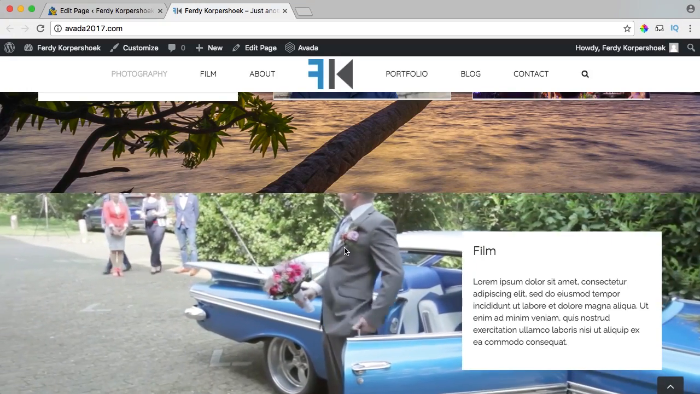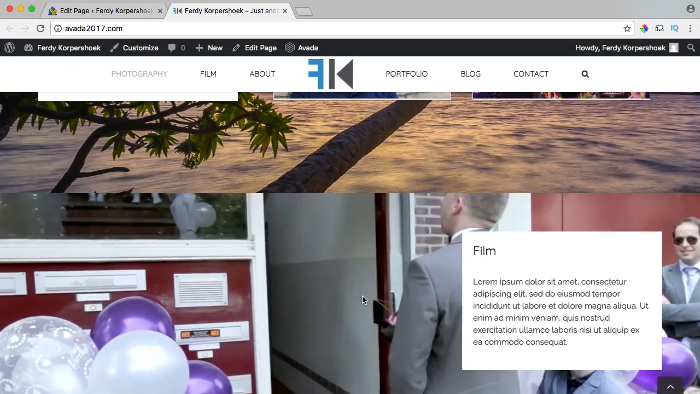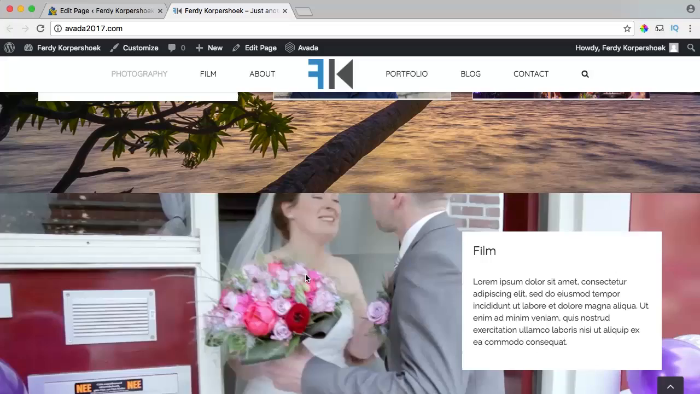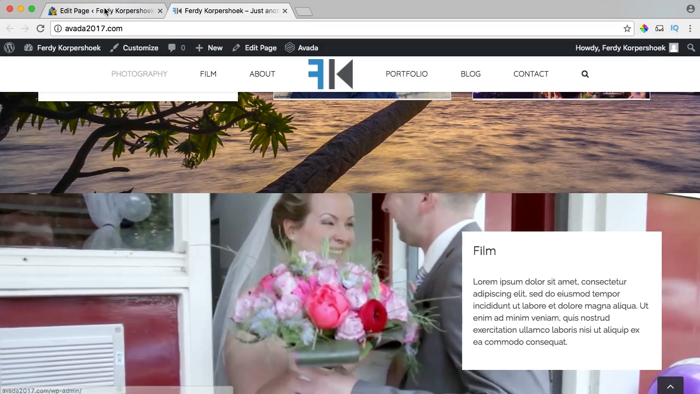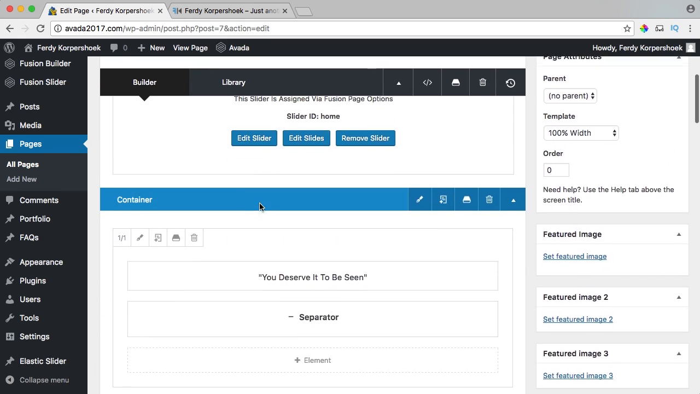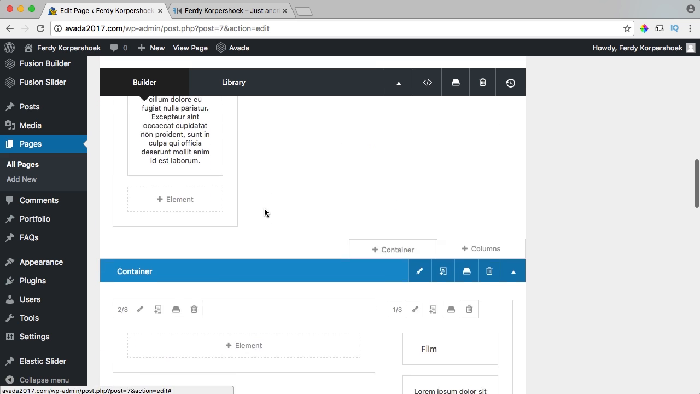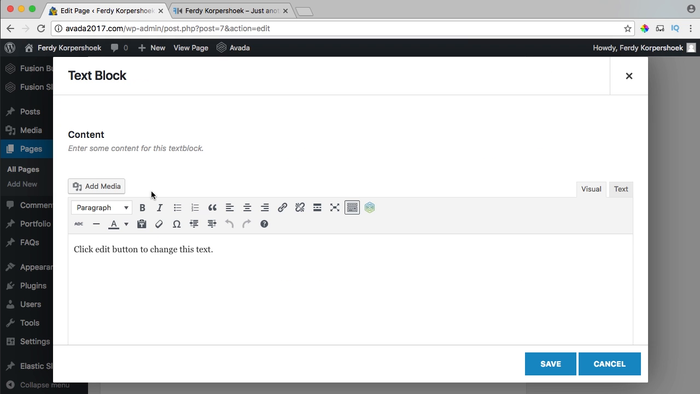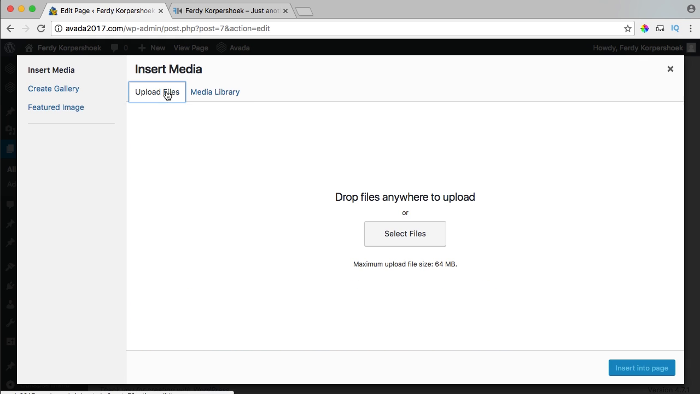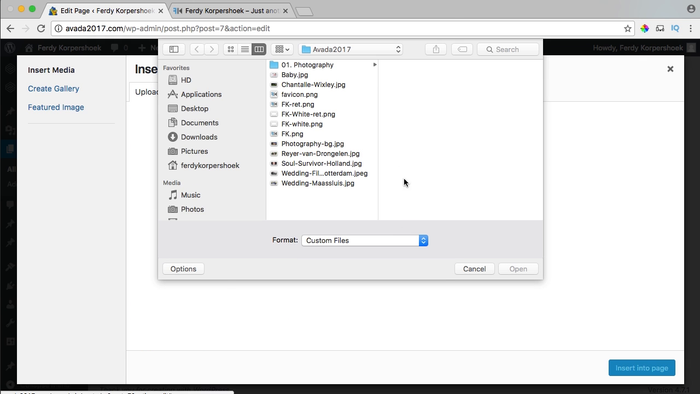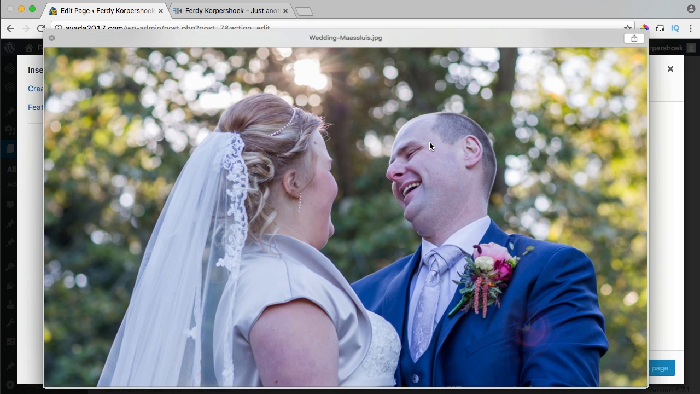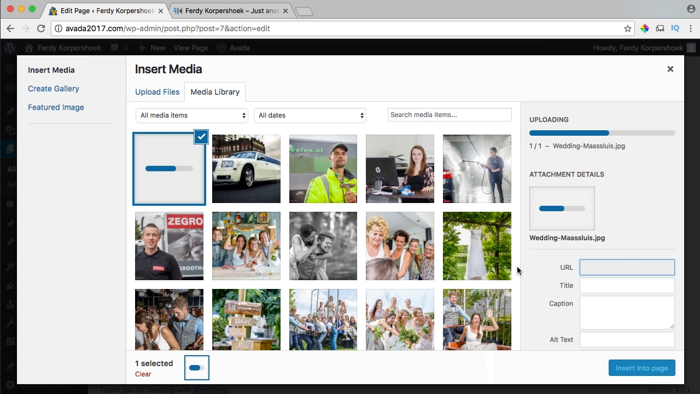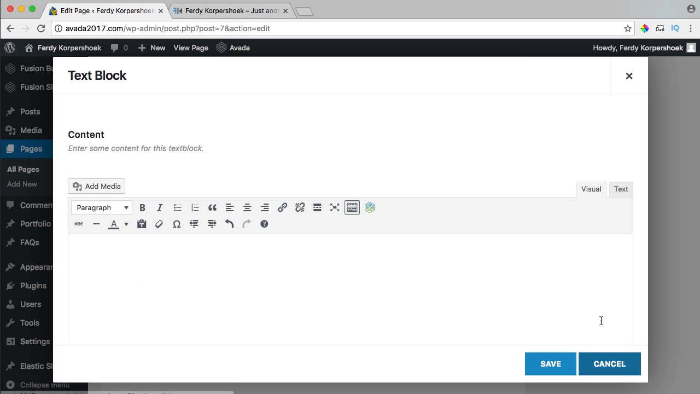And what I want to do over here, I want to showcase a video. And if someone clicks on it, it opens here in the light box. So how can I do that? I go over here, I click on element, and I want to have a simple text block over here. Remove the text, add media, upload files, select files, and I go for wedding Maasluis. I open it, I insert it into the post,